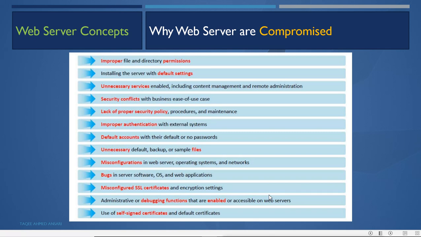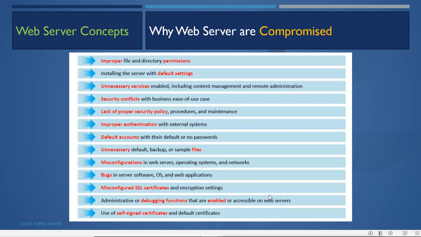Administrative or debugging functions that are enabled or accessible on web servers. Administrators enable debugging to do troubleshooting. Sometimes they enable some debugging features, and if they forget to disable them and they are still accessible on web servers, that can also lead to a problem.